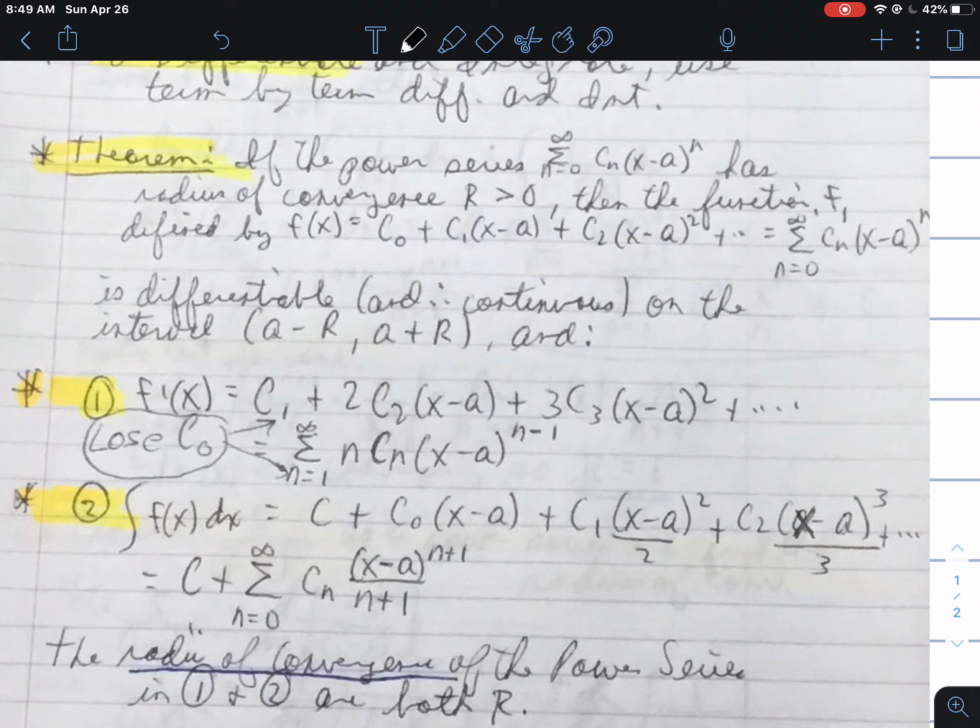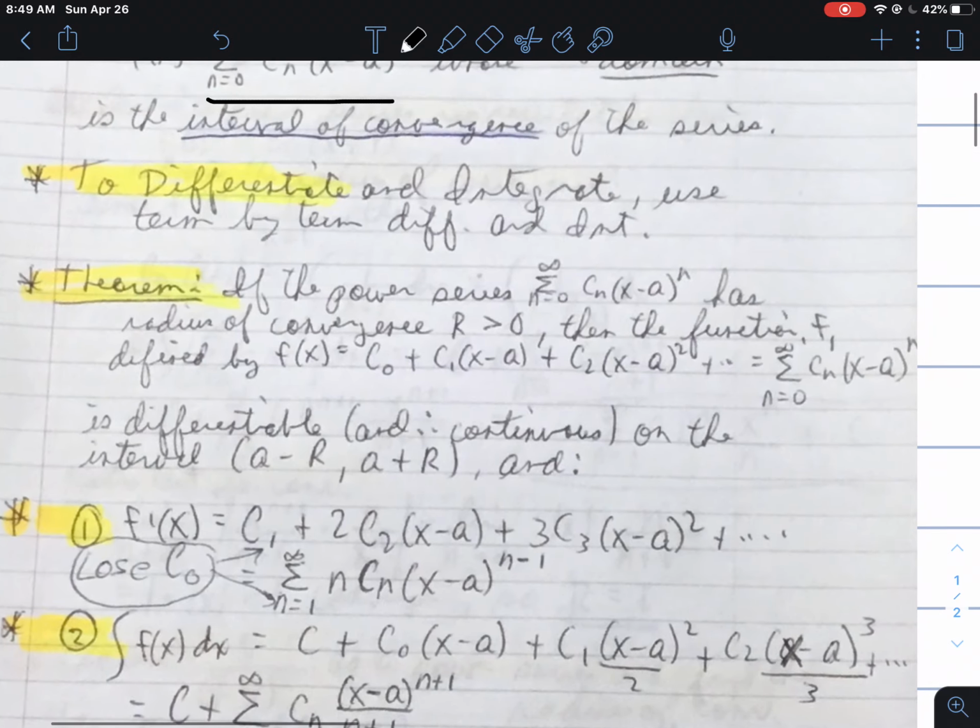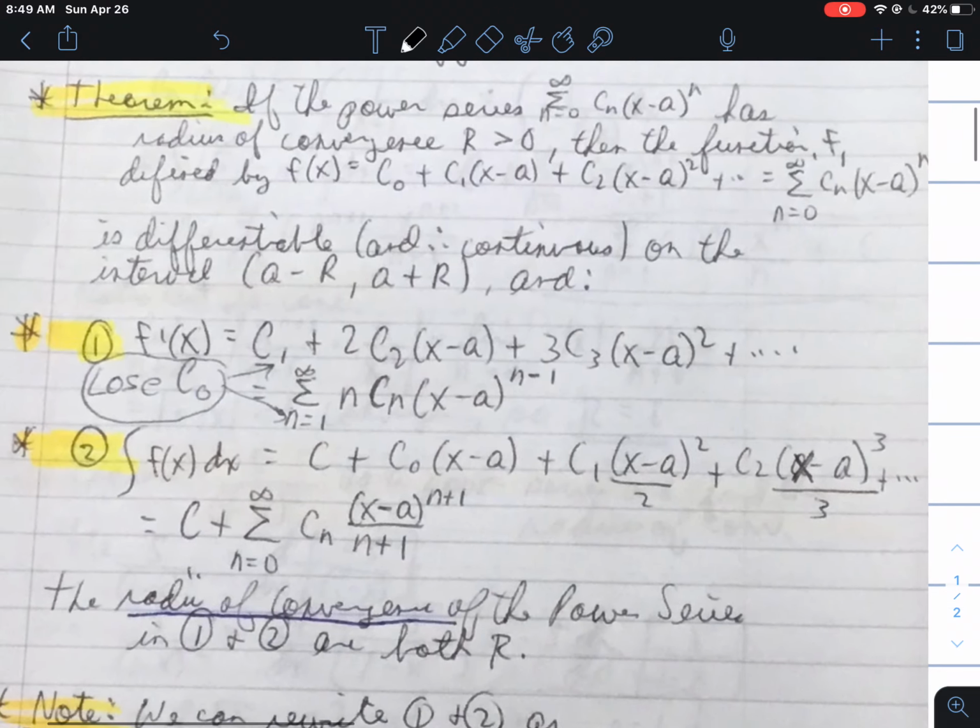then the function f defined by f of x equals c sub 0 plus c sub 1 x minus a plus c sub 2 x minus a squared, etc. Remember, that's just taking our power series, plugging in values for n starting from 0 to infinity. So c sub 0 would be our first times x minus a to the 0, which is 1. So our first term is c sub 0 plus c sub 1 x minus a to the first plus c sub 2 x minus a squared, etc. Right, our sum as n goes from 0 to infinity of c sub n x minus a to the n. It is differentiable